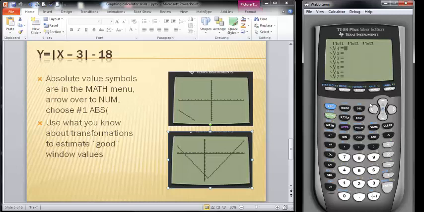The symbol for absolute value is in this math menu. Pressing math gets us a lot of symbols. Up at the top it says math, and that's where I can get a cube root or change things to fractions. I want to arrow over to num, and number 1 right there, ABS, that stands for absolute value. So I press enter, and it gives me the absolute value symbol. I type in my x -3, and to get to the outside I arrow to the right to get to the outside,